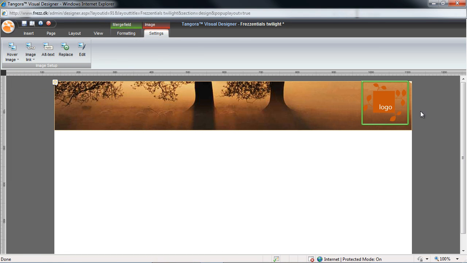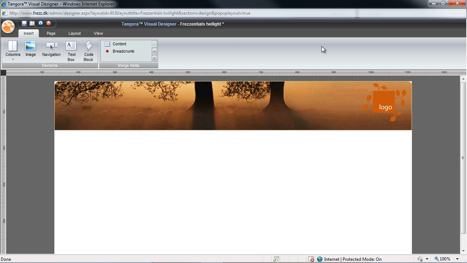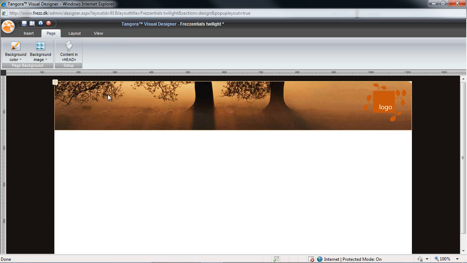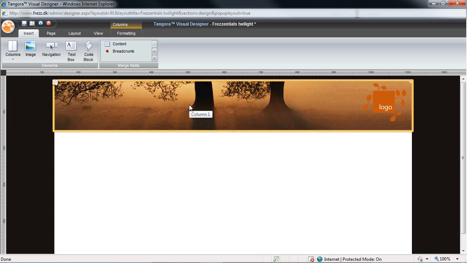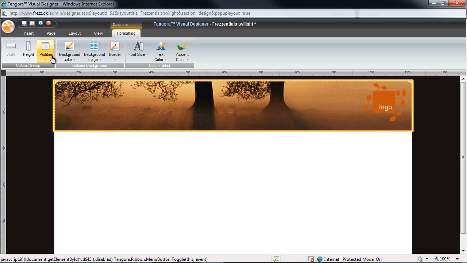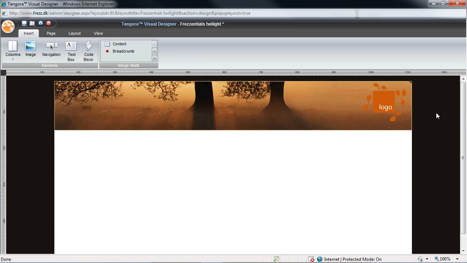I've created and loaded a color scheme in advance, so now I can set the background of my layout to a dark brown under the Page tab. And I could also take hold of the column which contains my background image and add a background color to this specific column, so I get a dark brown background behind the transparent rounded corners that I happen to have in this image. Incidentally, I could save along the way just by hitting the icon at the top, or else by hitting Ctrl S. Let's add a navigation now.